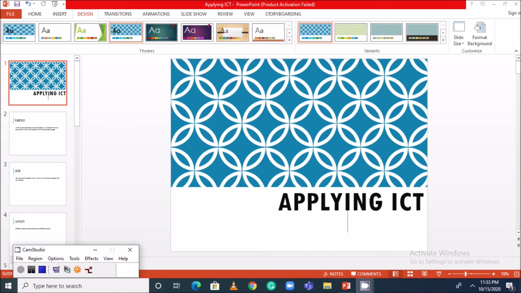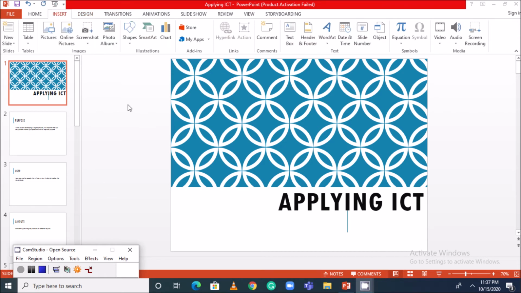Instead, they could use action buttons that would allow them to advance the slides by pressing on the interactive whiteboard screen. Now we will see how we can add action buttons to the presentation.